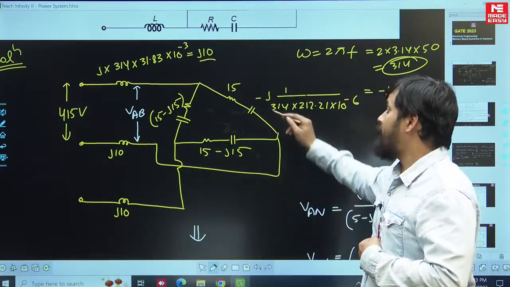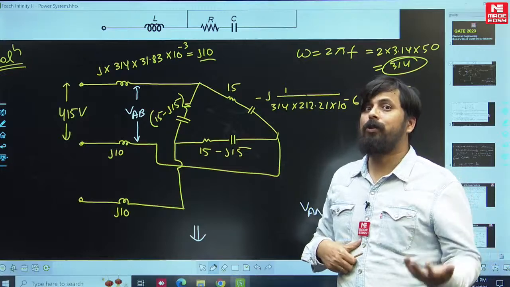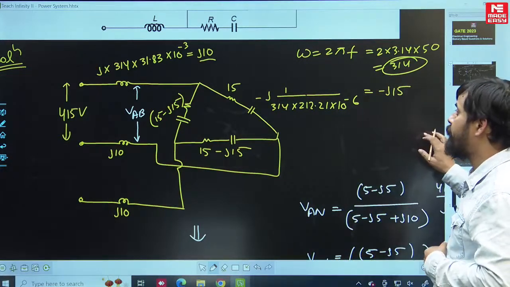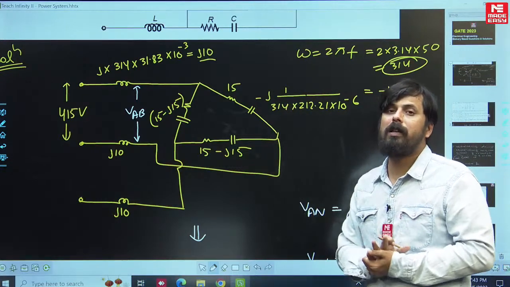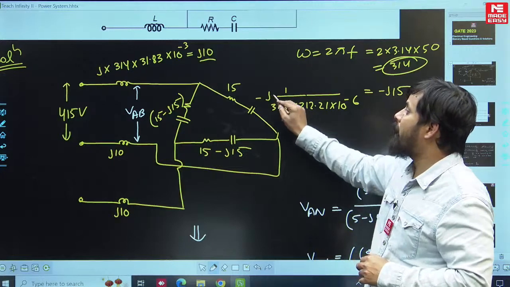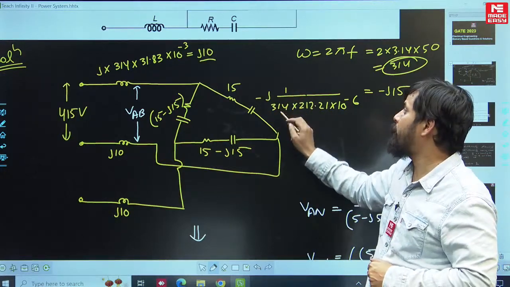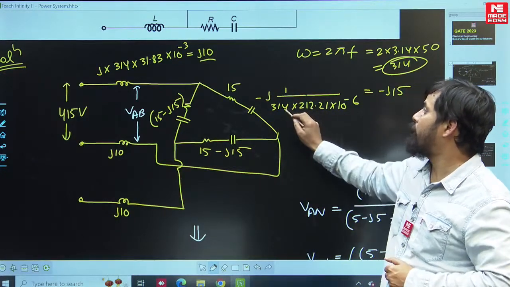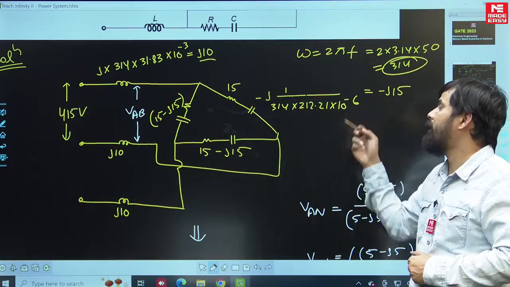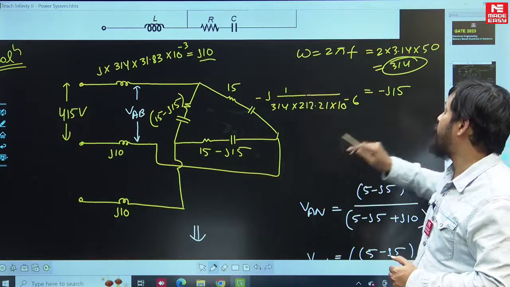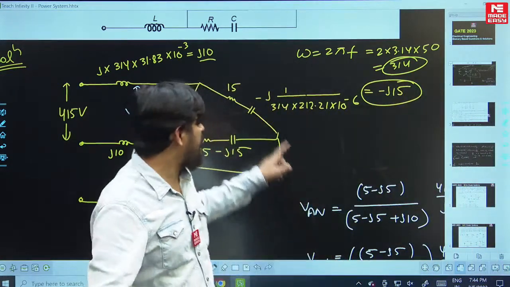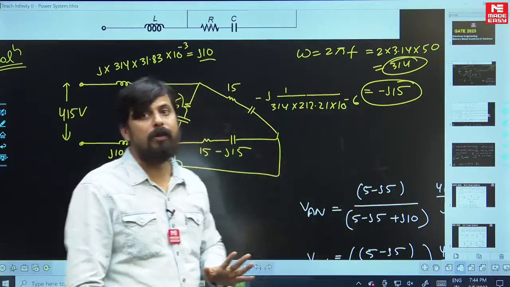अच्छा, आर की वैल्यू 15 ओम दिया है, सी की वैल्यू फैराड में दिया था, जिसको आपको रिएक्टेंस में बदलना होगा। सी की अगर हम रिएक्टेंस लिखेंगे कैपेसिटर के लिए तो -1/ωC लिखना है, J हमने लगा दिया, कैपेसिटर है इसलिए -1/ωC की वैल्यू। ओमेगा 314, सी की वैल्यू माइक्रो फैराड दिया था तो 10⁻⁶ लिखा। इस कैलकुलेशन को करोगे तो ये -J15 आ रहा है, यानी कैपेसिटर का रिएक्टेंस -15 ओम।